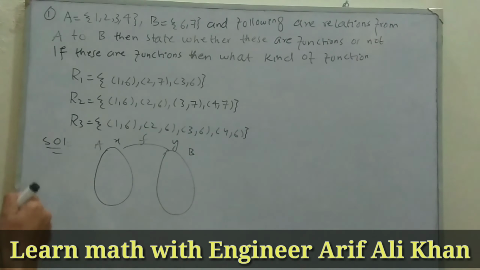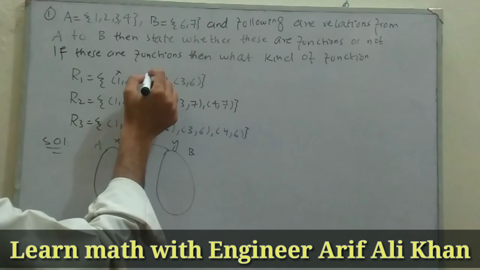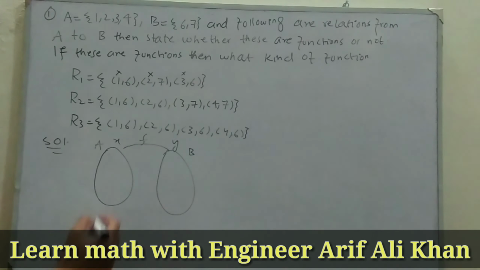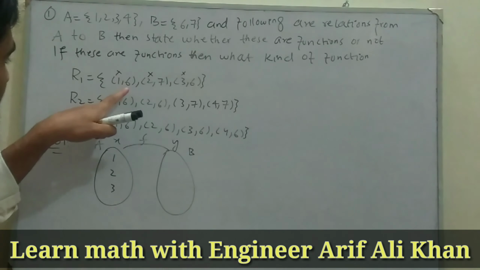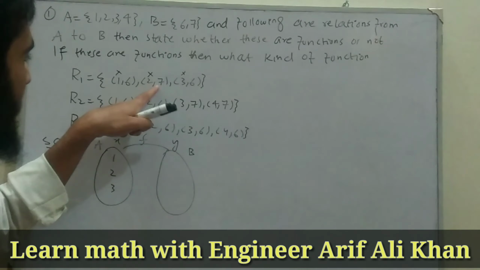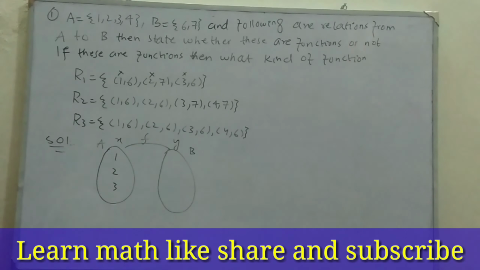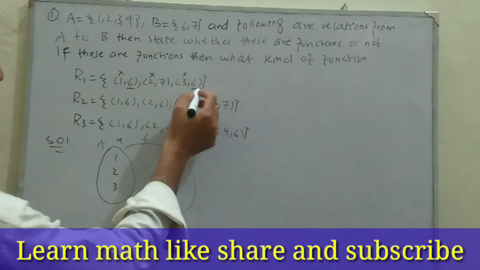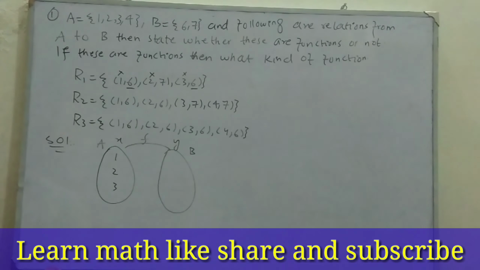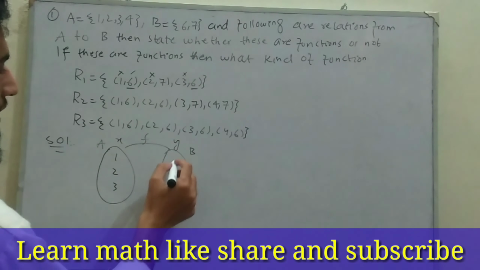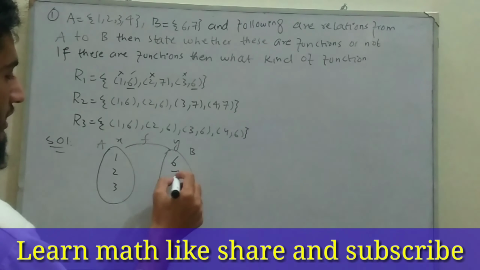Here, in the first relation, we considered 1 as an x value, 2 as an x value and 3 as an x value. So 1, 2 and 3. And in the same relation we have y values 6, 7 and 6. But remember, we already learned in the definition of sets that there is no repetition in a set. Here 6 is repeated in the y values, in the range, so we will take just a single 6. So we take 6 and 7 in the range of y values.